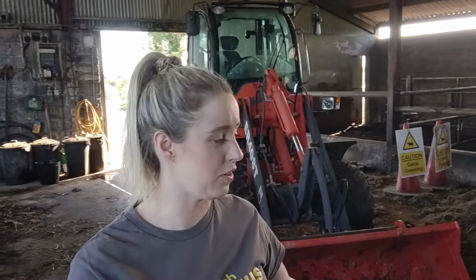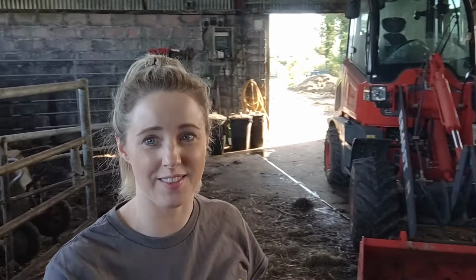So now that the cows are out for a few days, I have to tackle this mess inside here, and it is a serious mess. This is the worst one yet, just because I had so many of them in for so long, so every corner is in a mess. The slats are bad, behind the slats is bad. I have silage to get rid of. Yeah. It's going to be a big job, and I have to get it done in the next few days